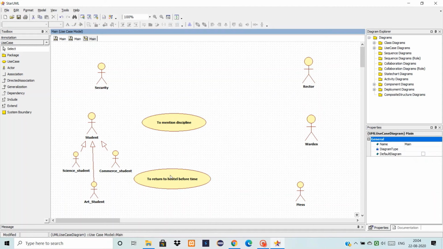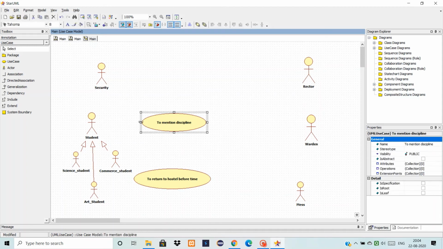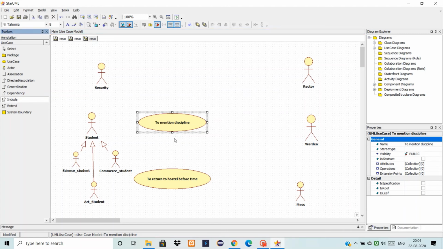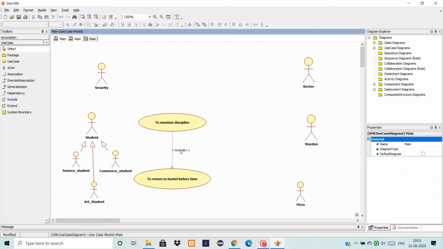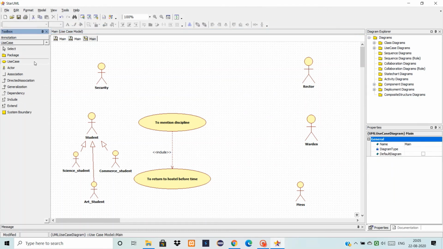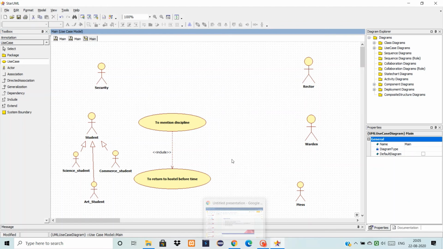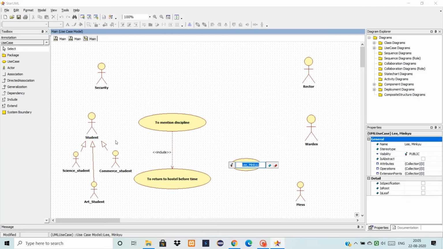And it comes under the maintain discipline operation. So I'll give this include function, and include goes from the parent to the child. So you can see this include has been shown here. Another operation might be included here, but okay, I think that's enough for the student.